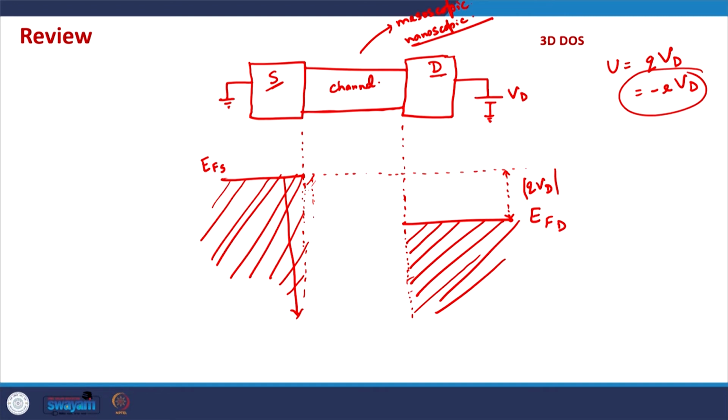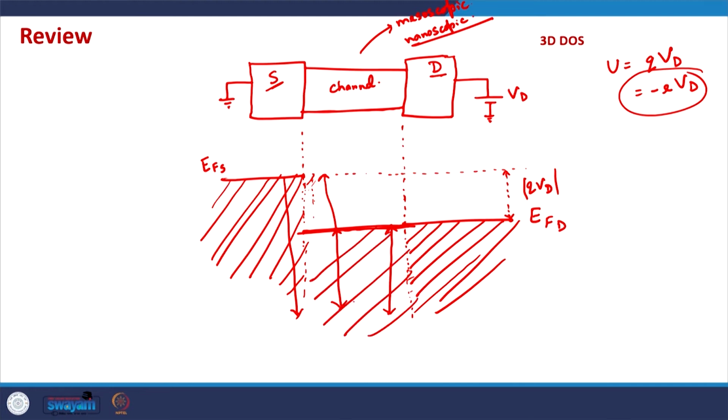So now what happens is, the source Fermi level is trying to fill all electronic states in the channel up to this level. All electronic states in this range are trying to be filled by the source contact, and the drain contact is trying to fill all electronic states in the channel up to this level. Okay, similarly. So what it implies is, the electronic states up to this level are being tried by both source and drain terminal. They are trying to fill these electronic states. Both of these contacts are trying to fill these electronic states,